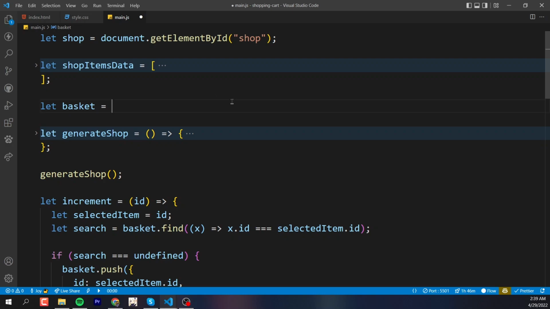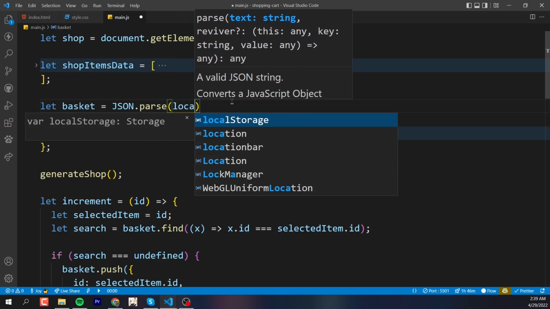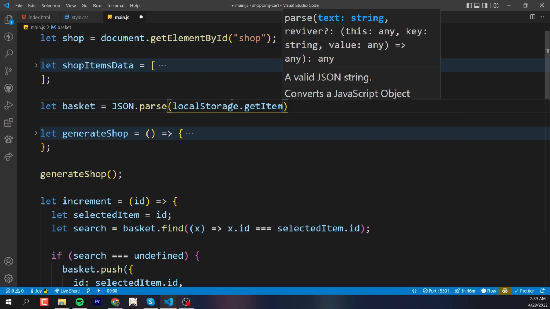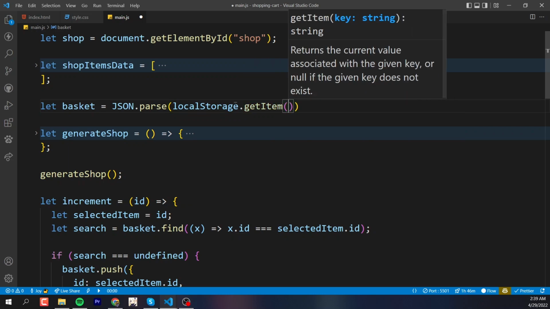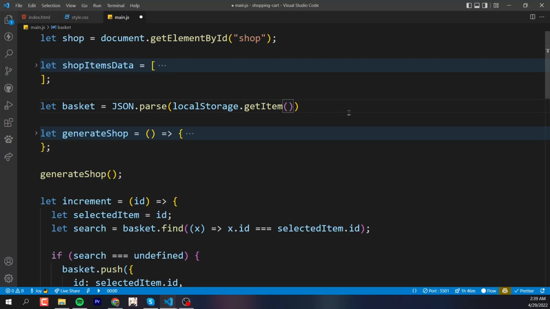Now in order to get the thing from the local storage, you have to write JSON.parse. Okay, JSON.parse like this. Now you're gonna write a bracket, and inside the bracket, you're gonna write localStorage.getItem. Previously it was setItem, now it is getItem. Now guys, you're gonna write a bracket. Tell me, what was the name of the key that you gave? The name of the key is data, right? You're gonna get the data here like this. Look, you're gonna write double quotes, and inside write data. Now the data will get